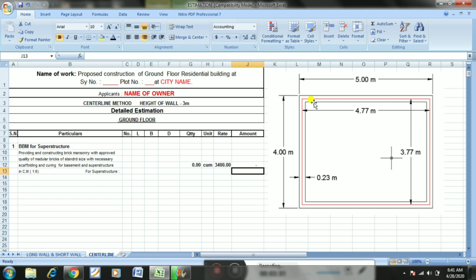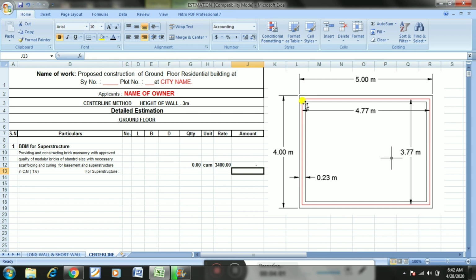We'll discuss in upcoming videos how to take the junctions, how many junctions to be considered, what needs to be added and what needs to be deducted. Here we are only getting 2 wall junctions, only 2 walls are connecting at one junction. So there is no deduction and addition here. Whatever the length is there, directly I'll be taking that length. For example, here the length is 4 point.